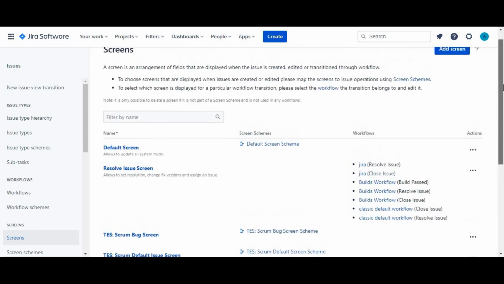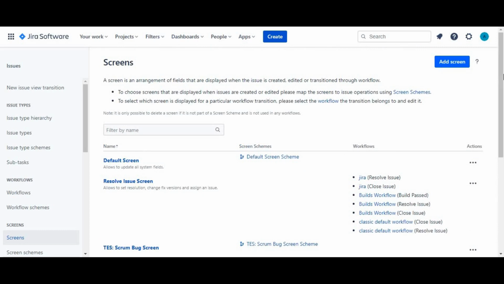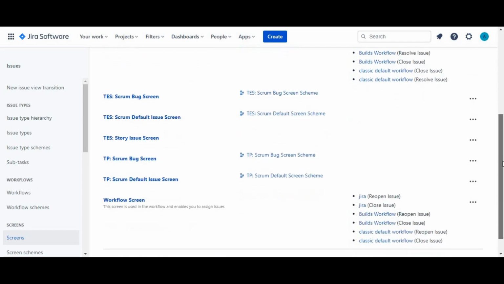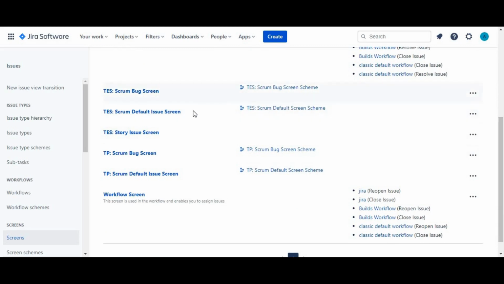So let me first create a screen. You can do it two ways. First, you can click on add screen and create a blank screen, or you can say a fresh screen, and then add your fields. Or if you want to reuse the existing one, just create a copy of the existing one and then add extra fields. Currently this one is being used. So what I'll do is click on copy,